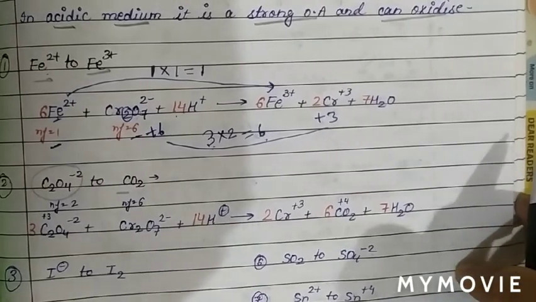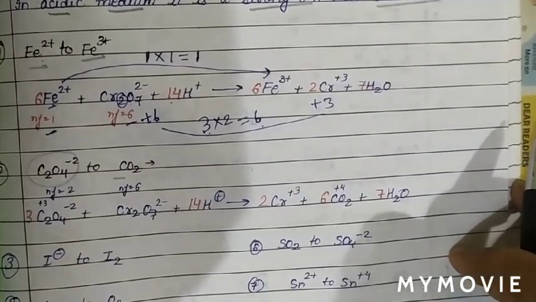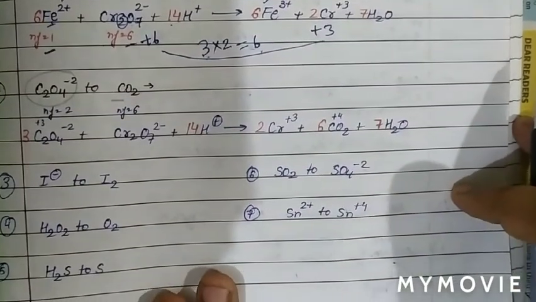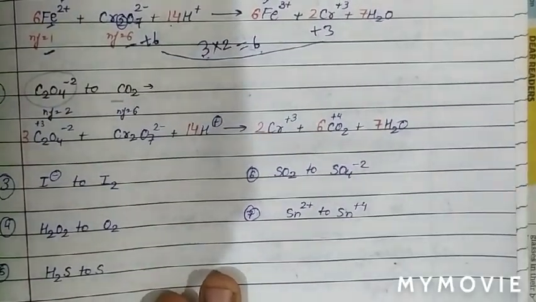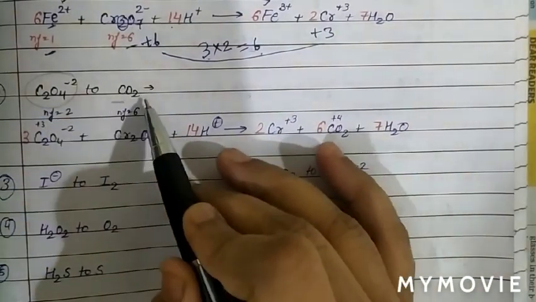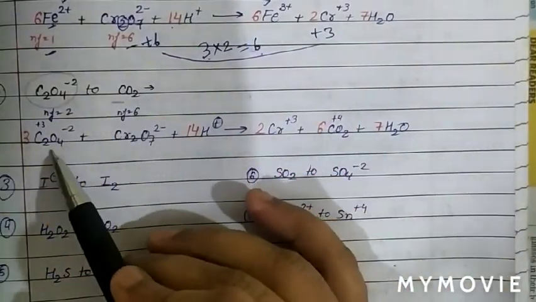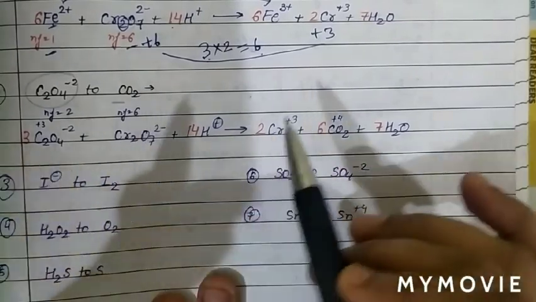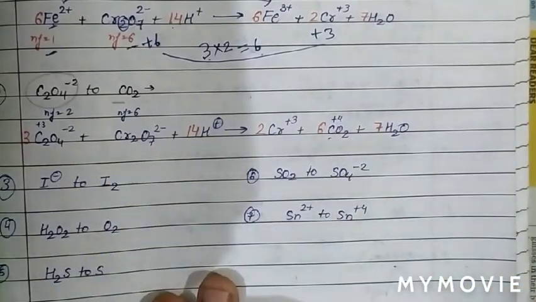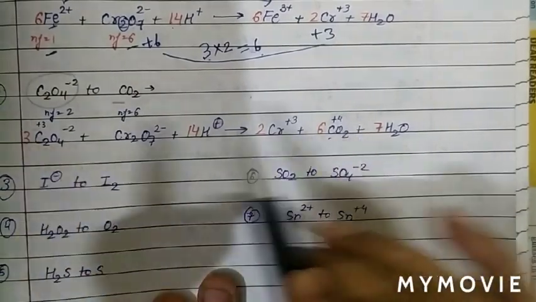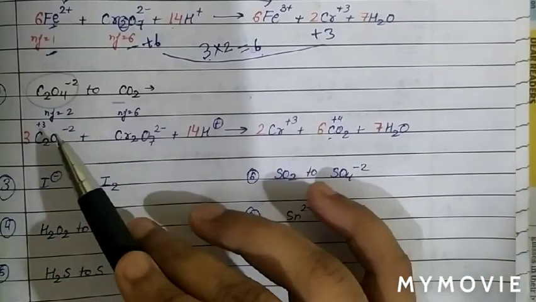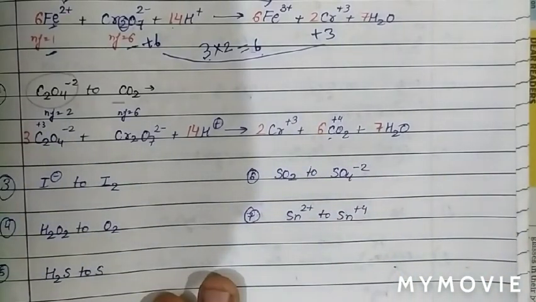See now, how many carbon atoms are there? 2 carbon atoms are there. So multiply the change in oxidation state of 1 by 2, so the n factor is equal to 2. Now see for this, K2Cr2O7, the oxidation state changes from plus 6 to plus 3. So there is a change in oxidation number of 3 for one atom. How many atoms are there? 2. Therefore multiply by 2. So the n factor is 6.